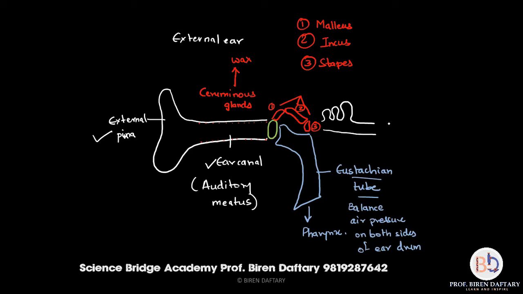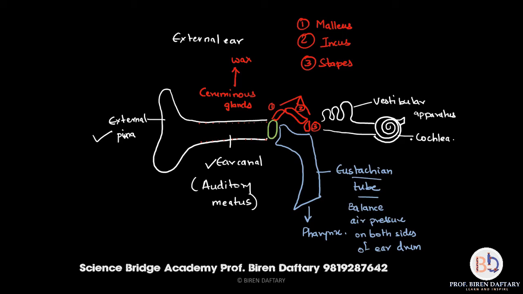which ends into a circular structure which is called the cochlea. Okay, so this is basically the internal ear. Alright, so this part is called the cochlea. Okay, these three parts are basically called the vestibular apparatus. Okay, so we are going to study the internal ear in greater depth